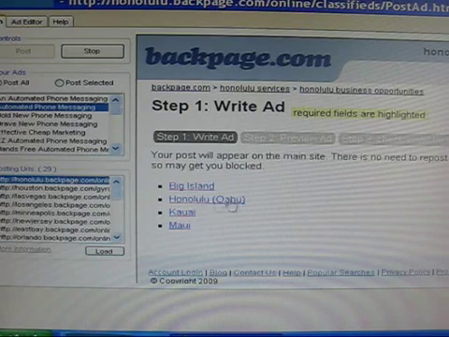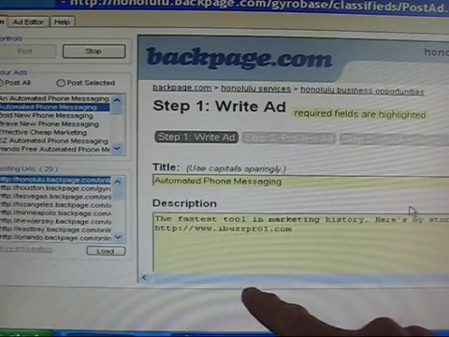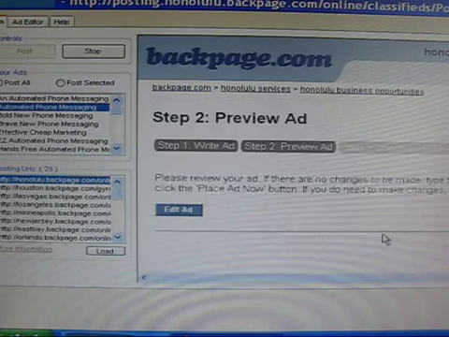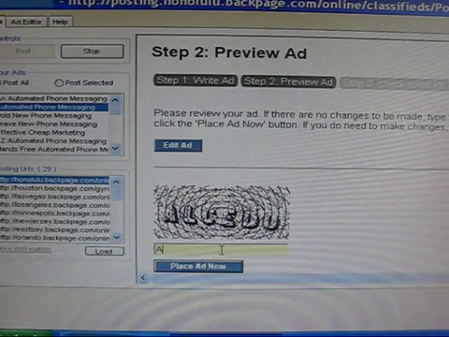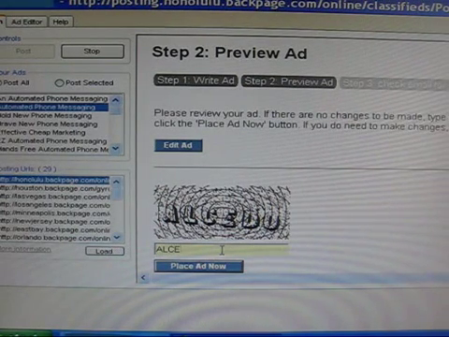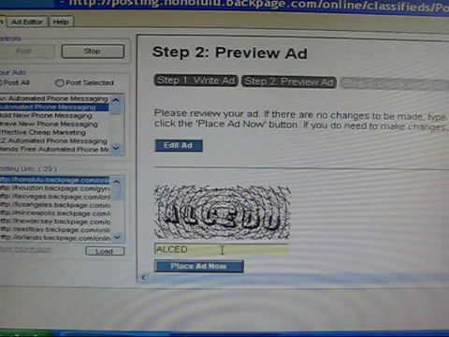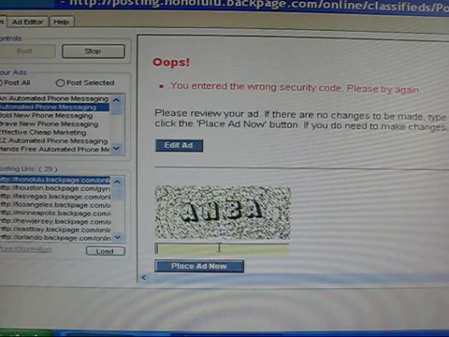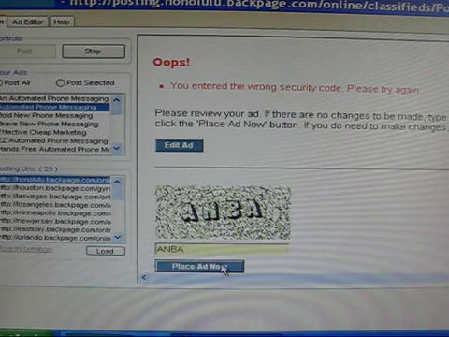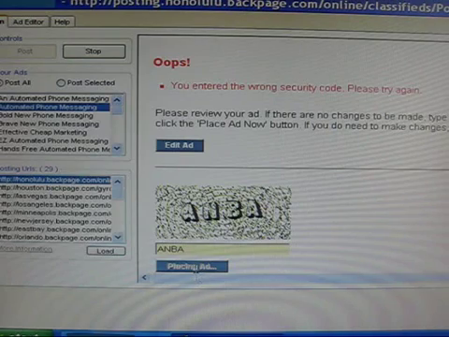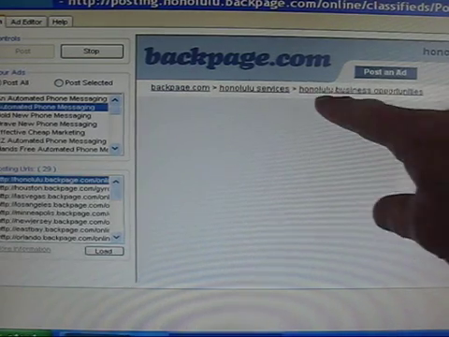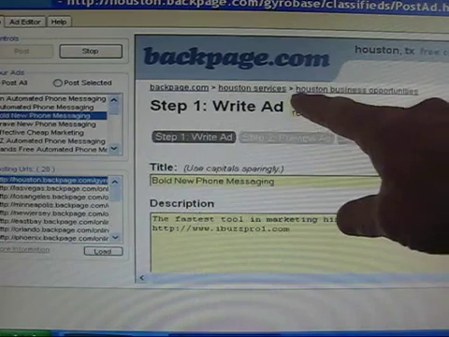I'm going to check to go to the city of Honolulu. It's going to go down through the ads, and then it's going to bring me right to the place where you put in the code again. That could be wrong. If it's wrong, it'll tell me. See, it's an O. I'm purposely leaving this in the video so that you can see. If you make a mistake, it's not a big deal. Place ad. Okay, now it's going to go through Honolulu, finish Honolulu, and now it's going to go to